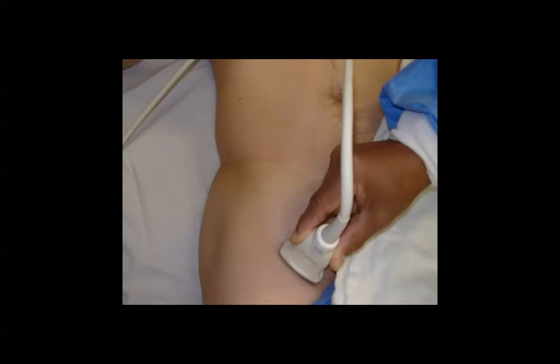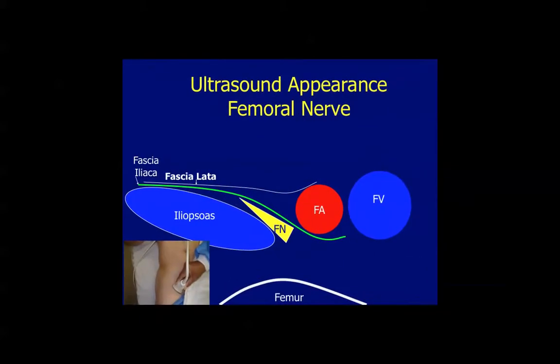Number one, remember the transducer position has to be parallel to the inguinal ligament, which can be found by connecting a line between the anterior superior iliac spine and the pubic tubercle. If we place the transducer on the medial third of this, we get an image that looks something like this,